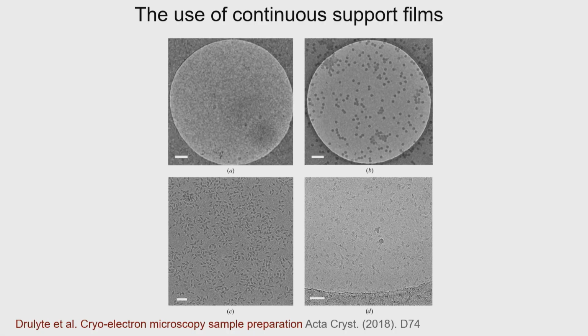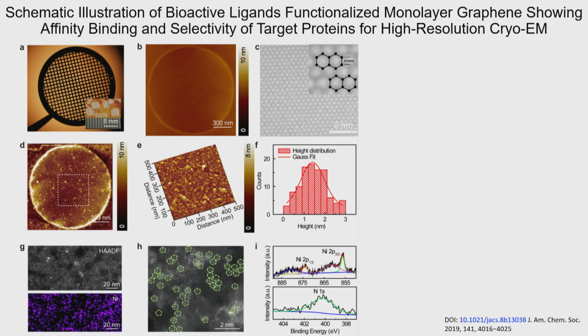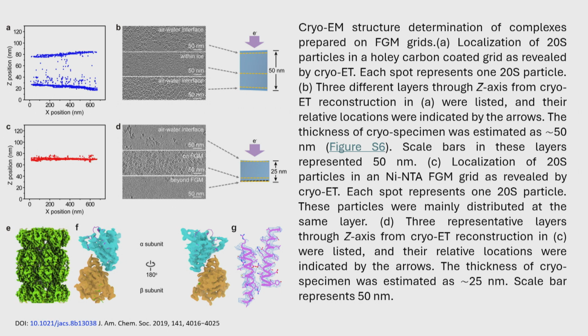So there are a total of 5 points. The first one is stability, and it will attract more protein sample, and then a smaller protein concentration is good enough. We can collect multiple images in one hole. Third, most probably with the graphene oxide grid we don't have to do the glow discharge. So those are the basic plus points of this sample. So this is all about the graphene oxide grid.